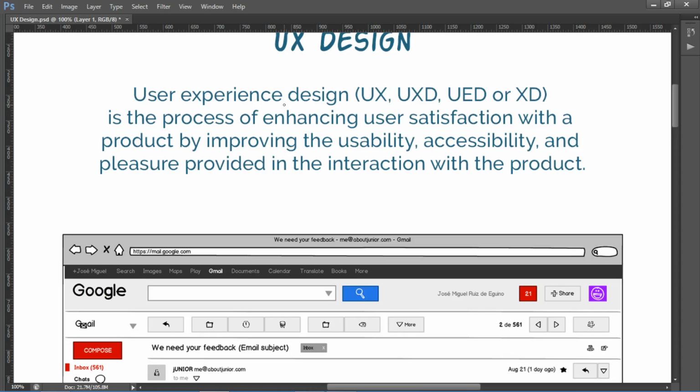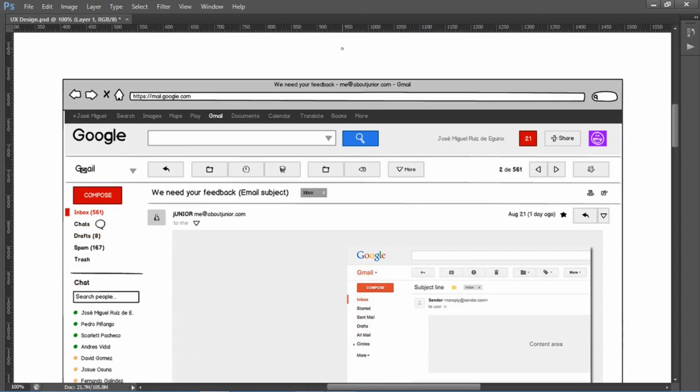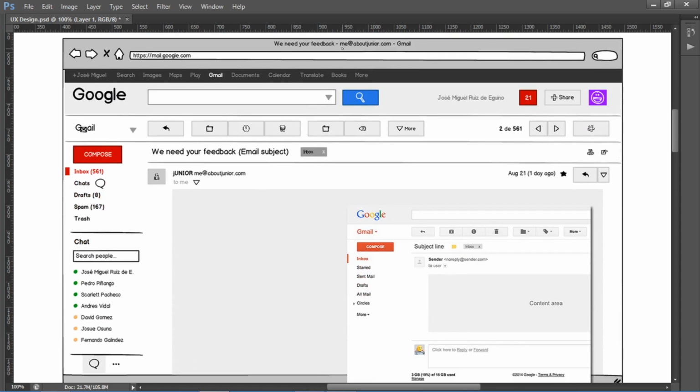Okay, let's see the product. For example, we have Gmail. This is a product. As a user experience designer, I have to think about the user and I have to create a product. So in this product, there are many services, right?